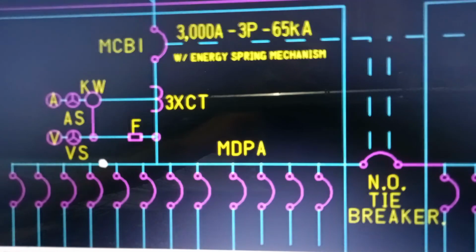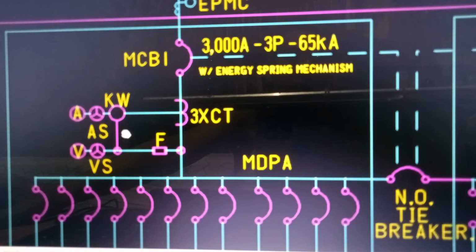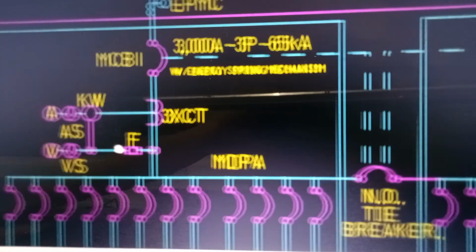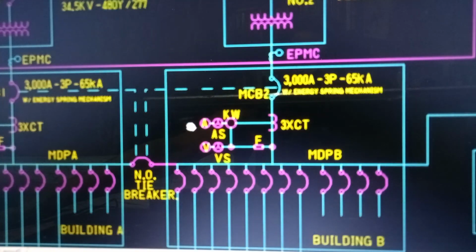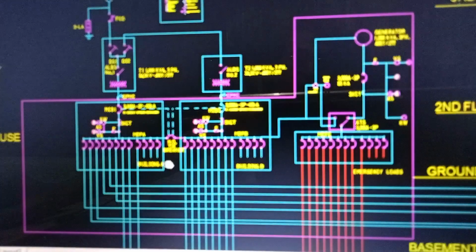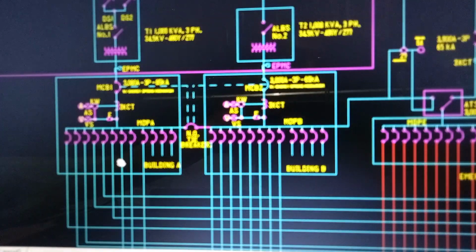We have the metering on MDPA and we have the kilowatt meter, ammeter, voltmeter with the ammeter switch, voltmeter switch, similar to MDPB. So these are all normal source, normal power. If the utility power has no problem, then all these circuit breakers will be energized